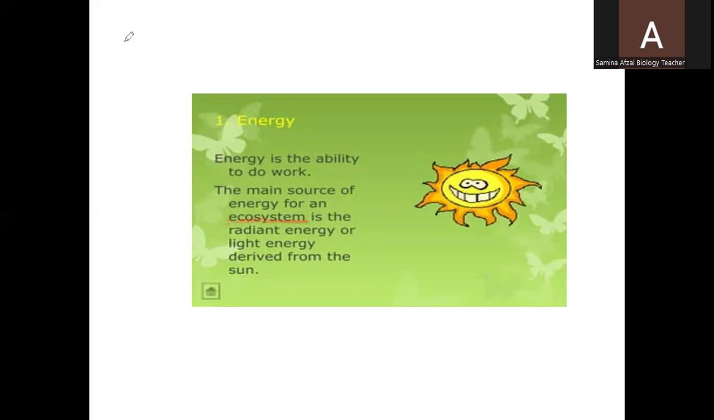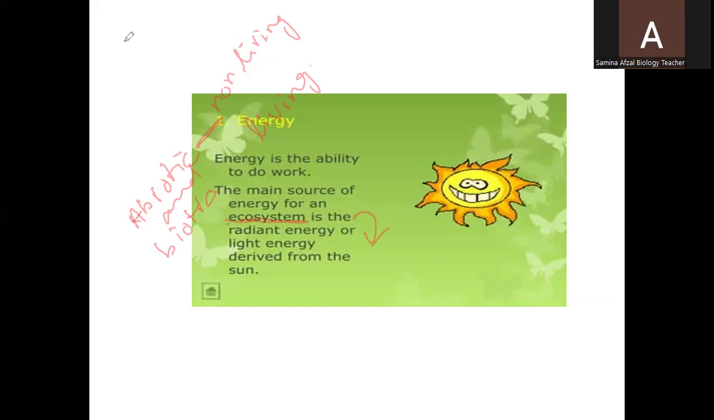Ecosystem: a system in which abiotic and biotic factors interact. Abiotic means non-living and biotic means living. So the system in which abiotic and biotic factors interact with each other is called an ecosystem. And in an ecosystem, the source of energy is the sun, and the green plants capture